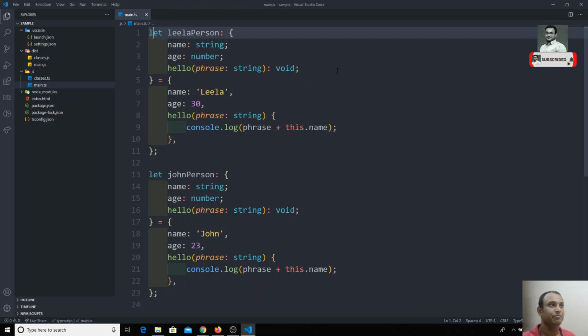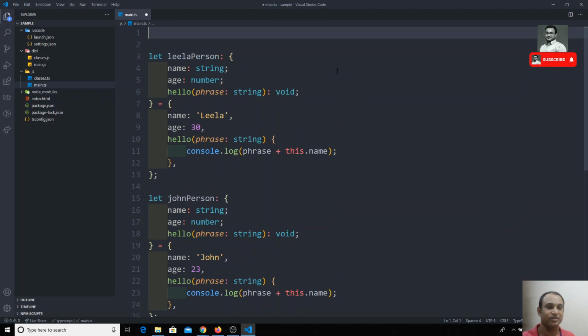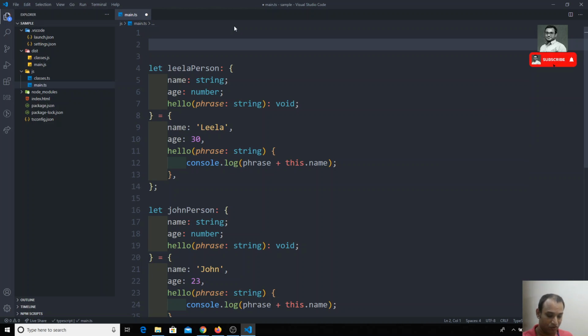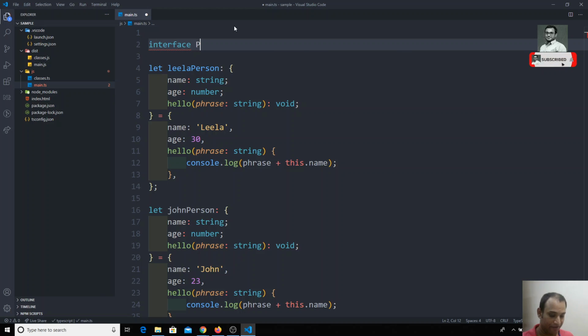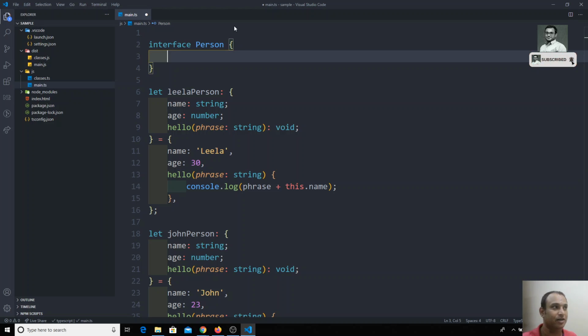So I already told you about that interface thing, right? An interface defines the structure of an object. So this structure is nothing but the structure of an object, right? So we can create an interface for that. Now an interface will be created using interface, and I will create any name, something like Person. You can give a small letter or capital letter, but the proper way is we will always give the capital letter. So Person.